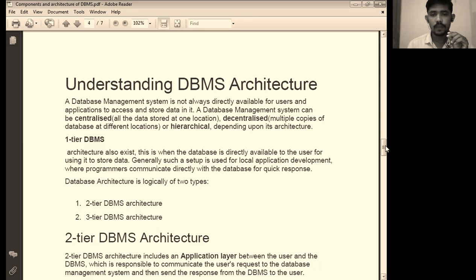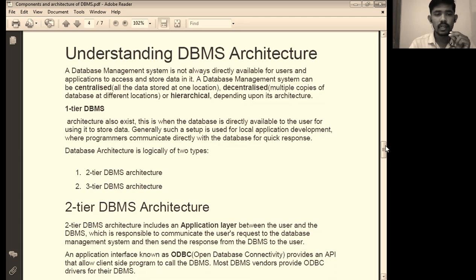Generally, such a setup is used for local application development, where the programmer communicates directly with the database for a quick response. So in this tier 1 architecture, user can directly communicate with a database for a quick response. So database architecture is logically of two types, that is two-tier architecture and three-tier architecture.